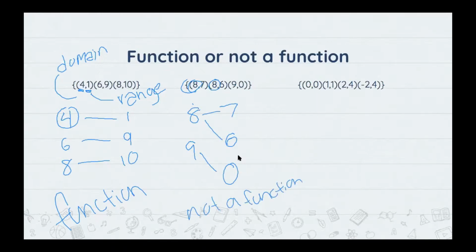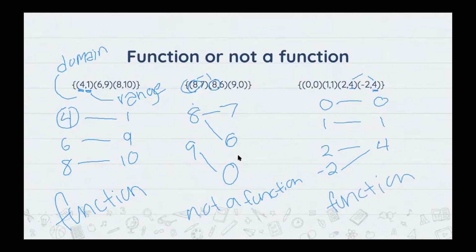Now for this one, again, we're going to do the same thing. And just like how we had two same domains in the previous collection of numbers, this time, instead of the domains having a repeating number, we have a range that has the same number, which is the 4. So we just need to write 1, 4. Again, we connect them, and this would also be a function